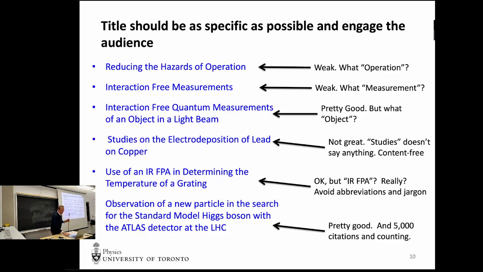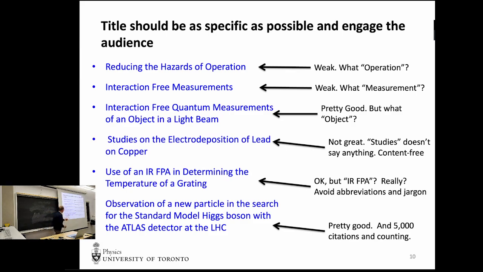And then this last one, this was the title of the paper that reported the discovery of the Higgs boson by Atlas. And it's no longer 5,000 authors, it's more like 15, but okay. And there was a paper with a very similar title coming from the other collaboration, CMS, on the same day. But it's a very long title, right? But it's pretty descriptive. And there are some constraints in politics. You needed to say LHC in the title, right? The Large Hadron Collider. You needed to have the collaboration in the title.